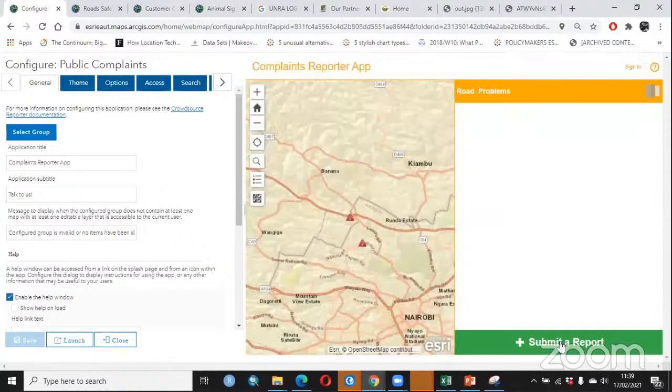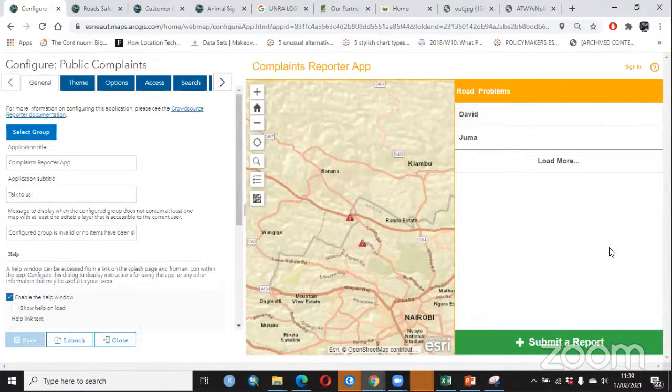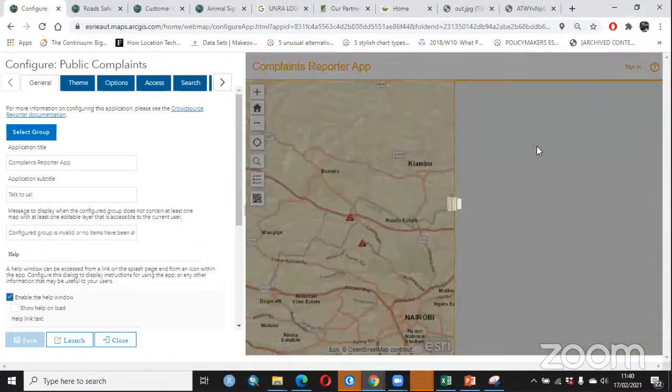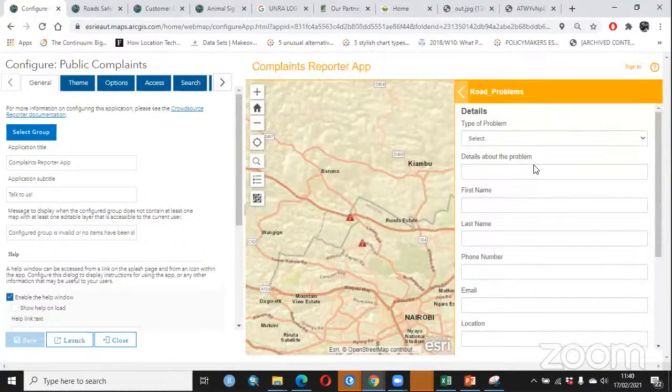So now if I want to say submit, actually I can change this and it shows people who've already submitted. And you can actually hide this if, as a road agency, you don't want to showcase this. And then now I come here on submit report and it allows me to fill it up. So let's rename it from submit report to submit a complaint, because report might be a bit